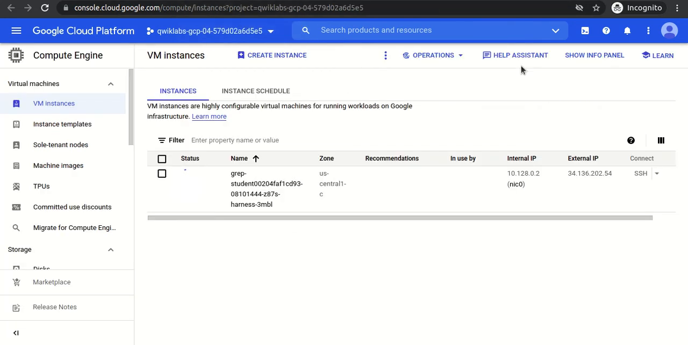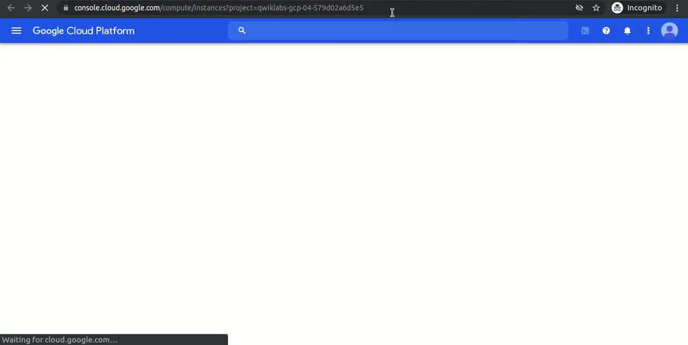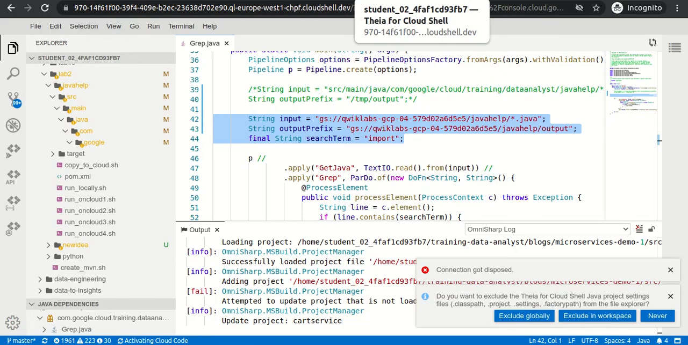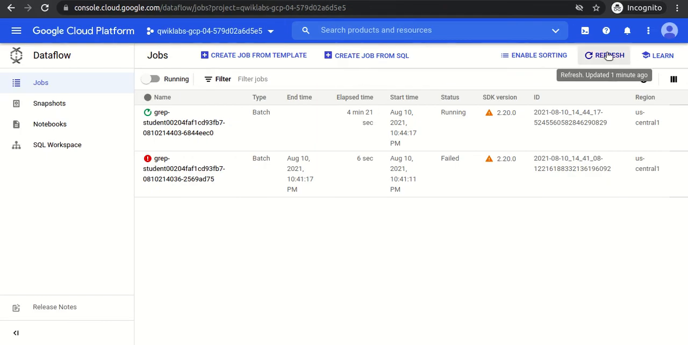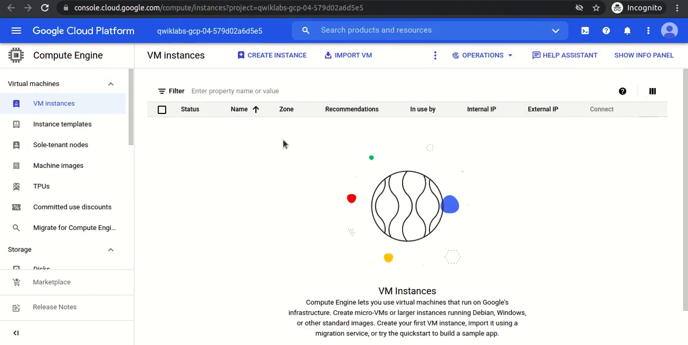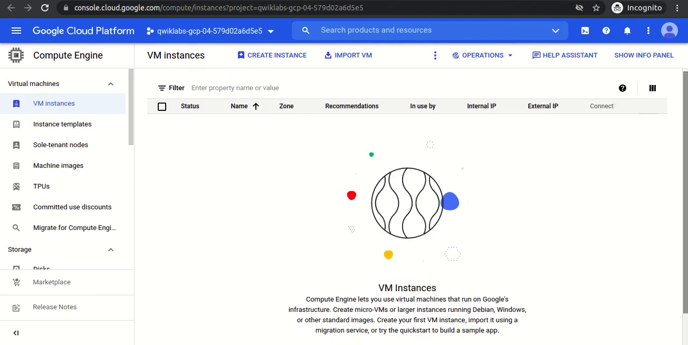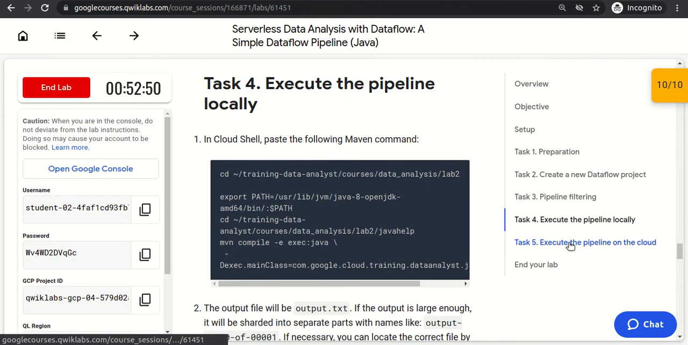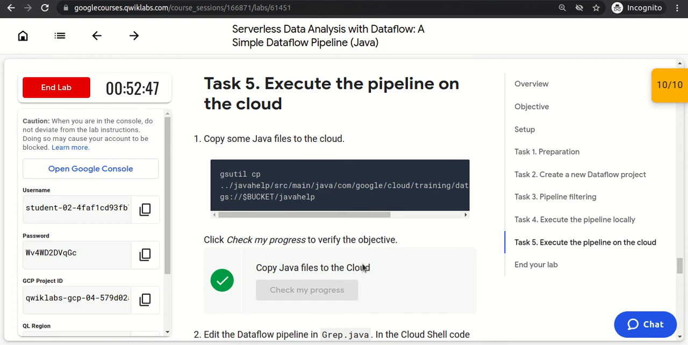So if I go again to the virtual machine and refresh, yes, it is succeeded. It means the instance should be deleted. Yes, we could not see any instance here. So if I go to the lab and execute the pipeline locally, execute the pipeline on the cloud, so yes,